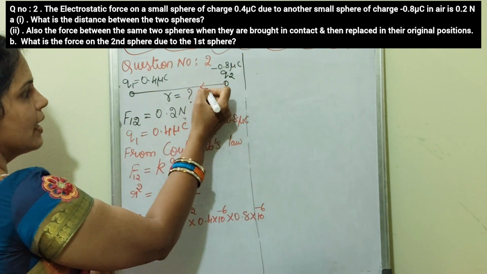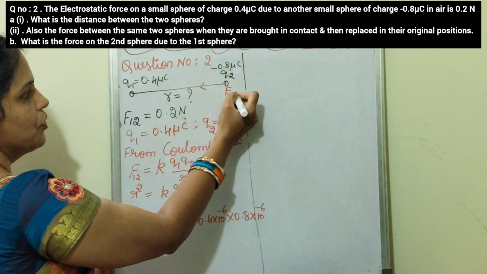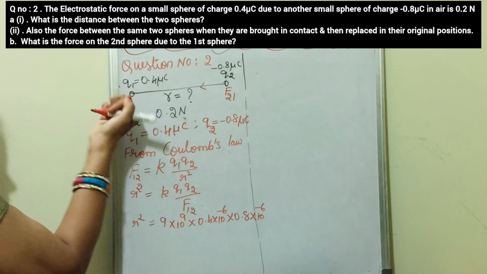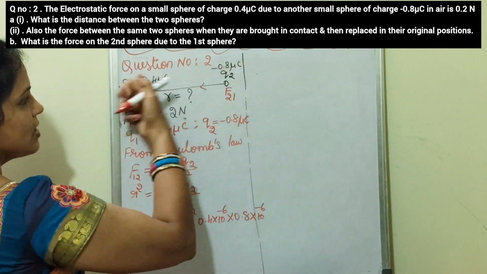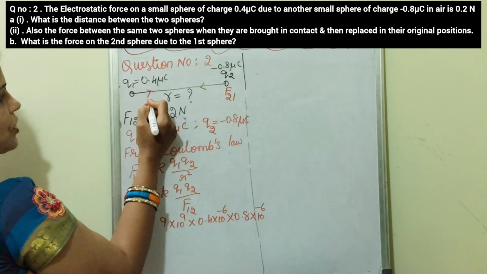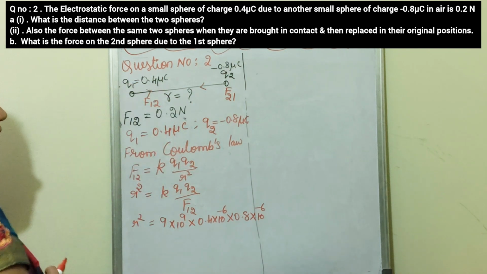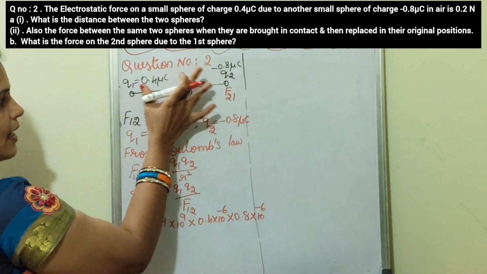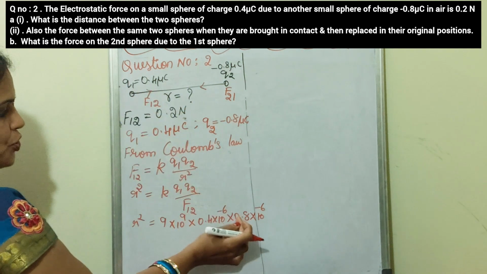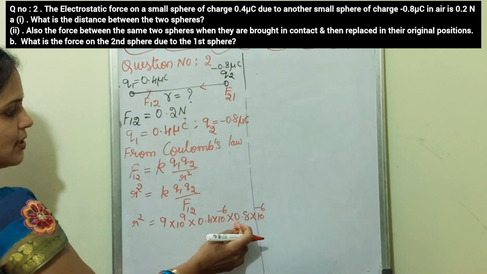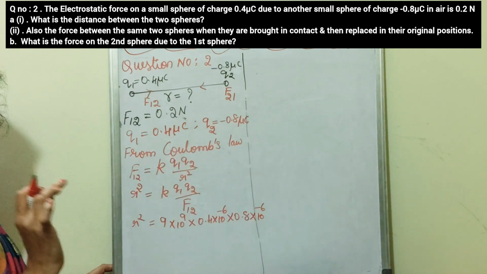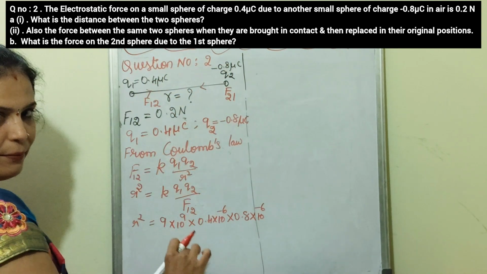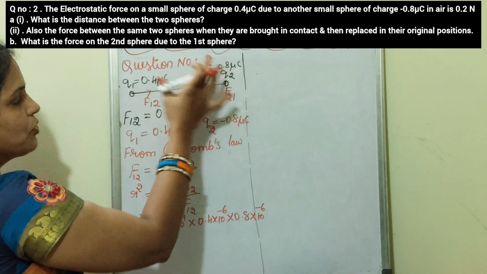Now, this will be the direction of force on the second charge due to the first. Right? So, the first charge attracts the second in this direction. Similarly, the second charge attracts the first towards it. Right? So, this will be the direction of force on first due to second. So, because of sign, we come to know the direction of force, the nature of force. But while substituting, we are not taking this sign into consideration. Whereas in the second lesson, in the potential chapter, you have to take that sign. Okay. Please remember this always. Okay. While solving, you have to be careful.